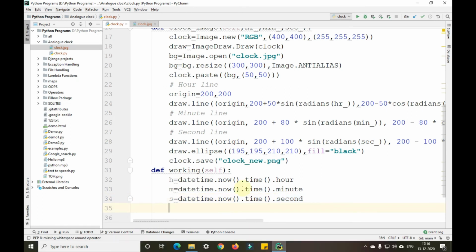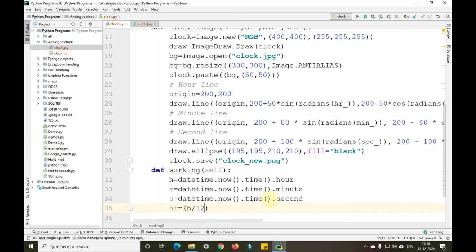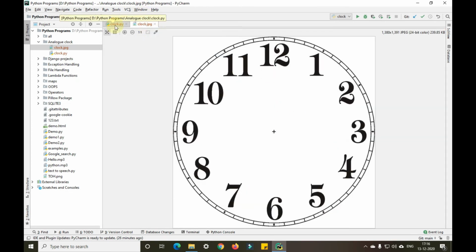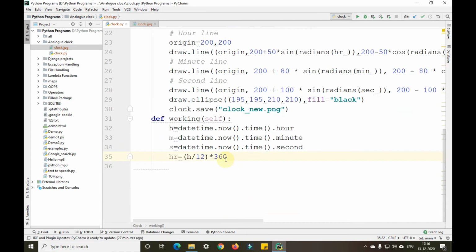After that, hr equals to h by 12. So what this will do is split this particular thing into 12 pieces. Okay, so then into 360, we'll multiply it with 360, because we have 360 degrees in this particular clock.